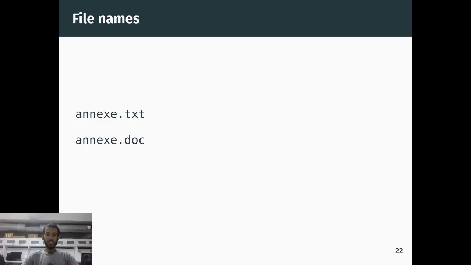I mentioned in the introduction of this talk that in the past people have used, or abused rather, the Unicode to make people believe that they are opening a document file instead of an executable file. Here I will give an example of how that was pulled off, one way of pulling that off. So these two file names look like they are the names of some innocent text or some innocent document. But it isn't so. Once again, it is not what it appears to be,